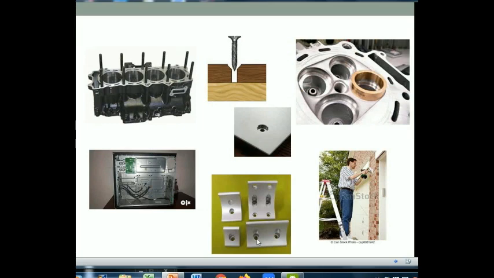Let's look at the different uses of this drilling machine. We need to drill holes in order to get the cylinders for IC engines. To make a computer cabinet, we need to drill holes so that we can join the different components of it. To fix the screws or studs to join the different components, we need to make holes. There are certain brackets which are also used to connect different things; there also we have to create holes. There are many applications in the household which require the drilling operation.